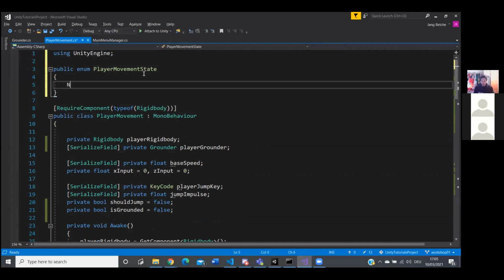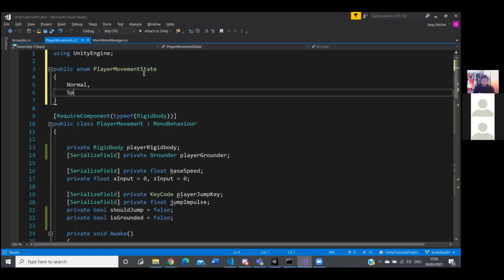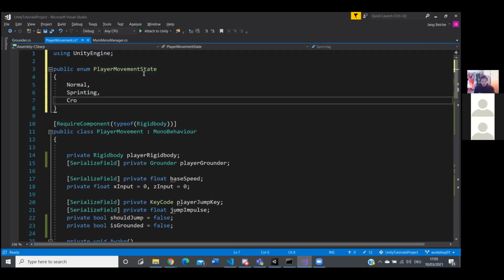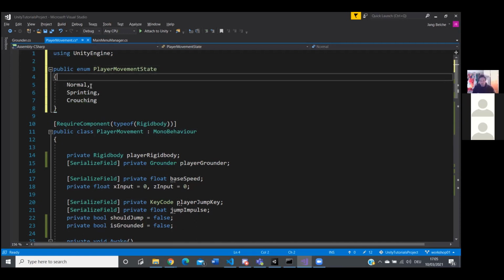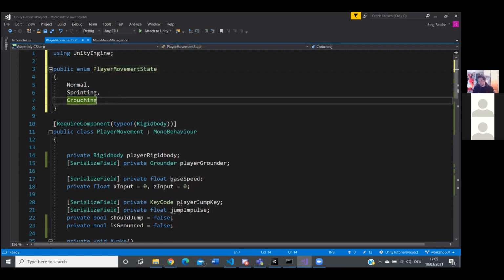So we will have Normal. We can also call this Idle or just Walking or Moving, but let's just call it Normal. Then we have Sprinting, and this is the really fast one. And then finally we have Crouching. And when crouching, you're normally slower, hopefully. So these are our 3 states, and we can just call PlayerMovementState, and then it's going to return one of those